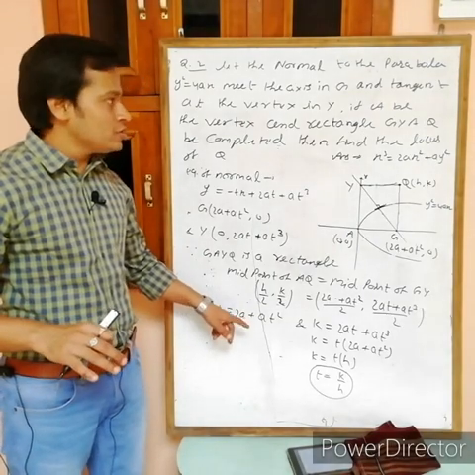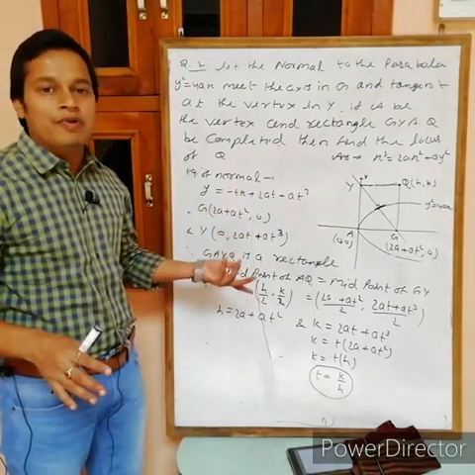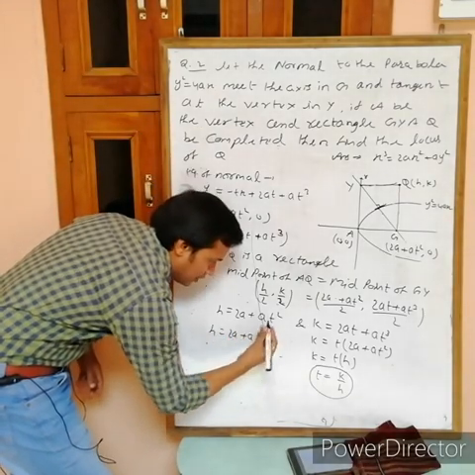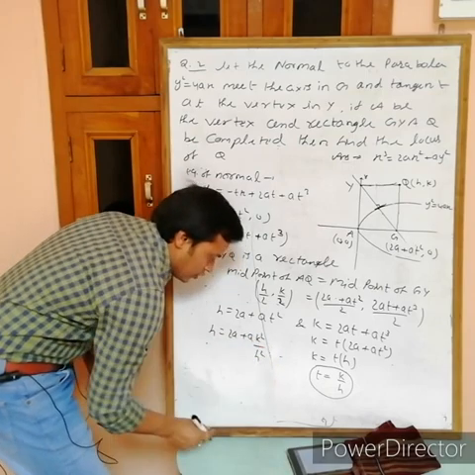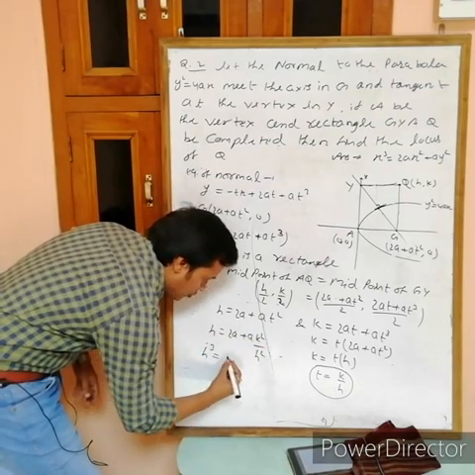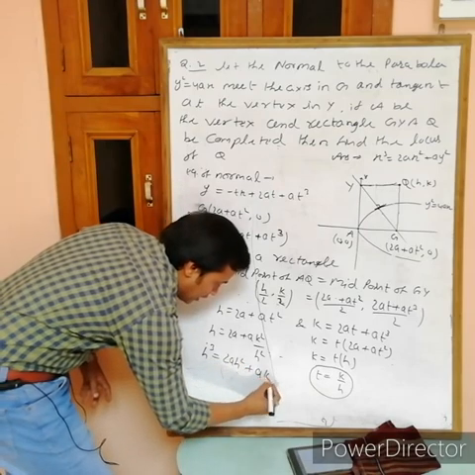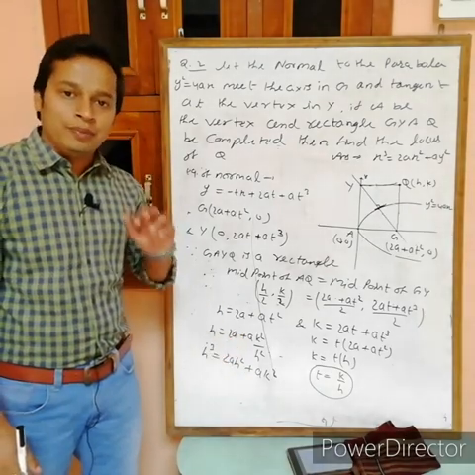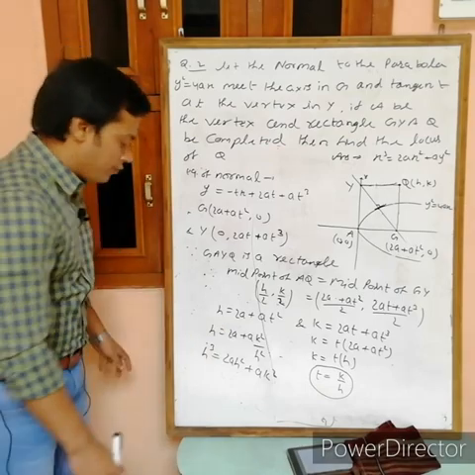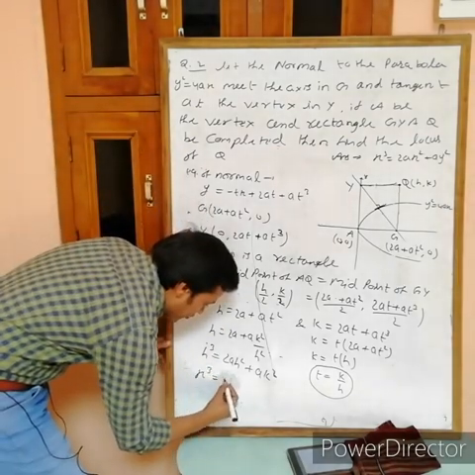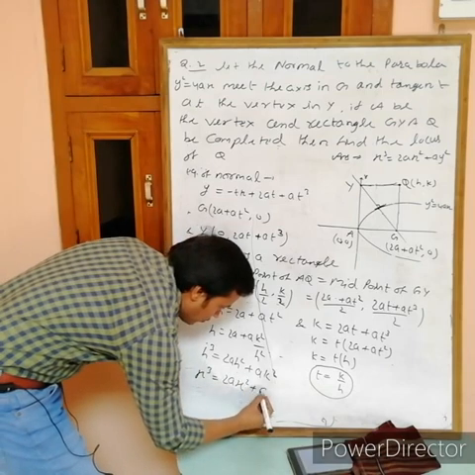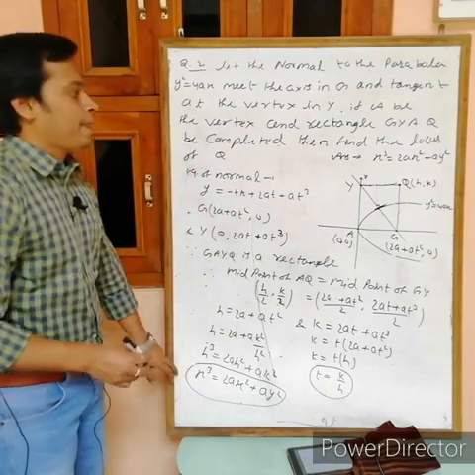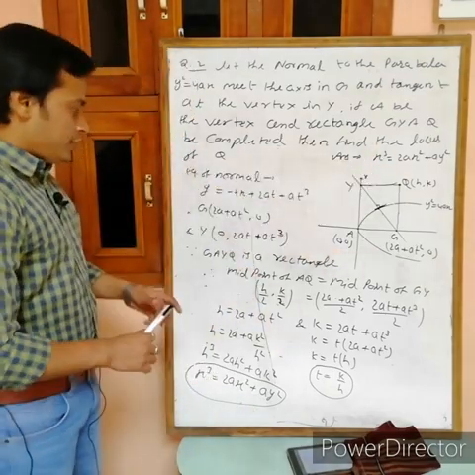There is no problem with a, because a is already given, a is constant in the parabola y square equals 4ax. Now put this value, h is equal to 2a plus a, t square is k square by h square, multiply with h square, then h cube equals 2a h square plus a k square. Now this is the relation between h and k. Now at the end replace h with x and k with y, so we are getting x cube equals 2ax square plus a y square. Okay, so this is the locus.